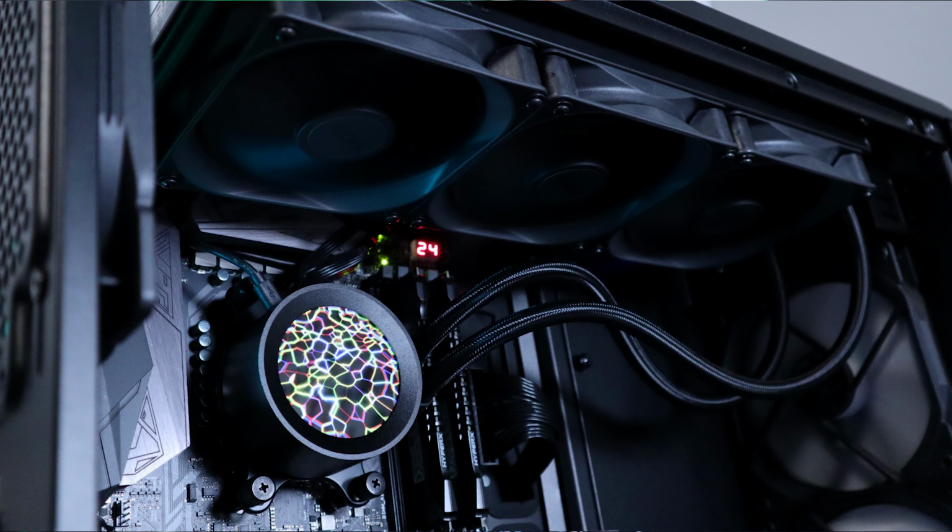We've seen RGB lighting on coolers for many years now, and you can obviously customize that with the various software that comes with them, but the option of changing exactly what's on that LCD screen and making it exactly what you want is pretty awesome. We go into more detail in our review, so go ahead and check that review out. It's on the site along with all of our other all-in-one cooler reviews, and